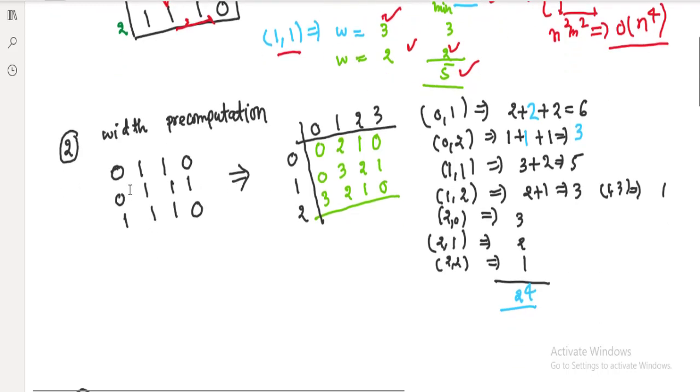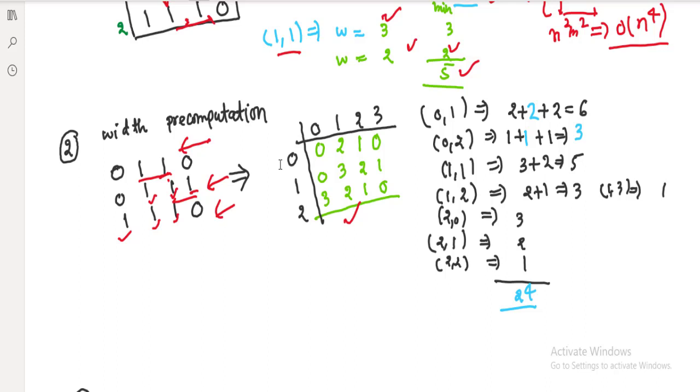Now let's see how. Let's say we are given this matrix. First pre-compute the width. How can we compute it? We'll go from right to left, from here to here, for each row. For the first row this will be 0, next this will be 1. Why? Here it is 1. Now this will become 2 because the length becomes 2. Similarly here it will be 1, then this index will be 2, and this will be 3. Similarly this will be 1, this will be 2, this will be 3. So I have computed this. This will be our pre-computed matrix.